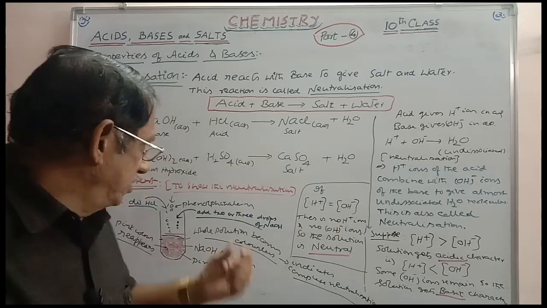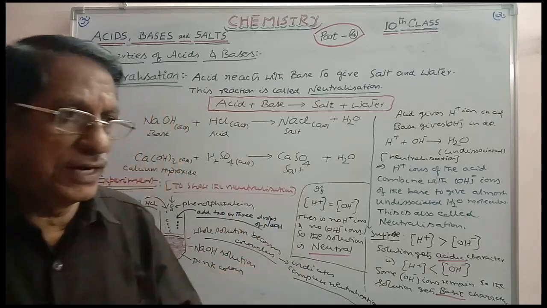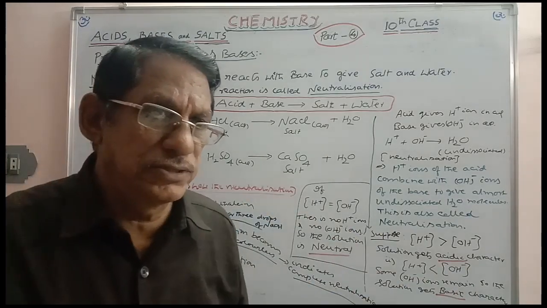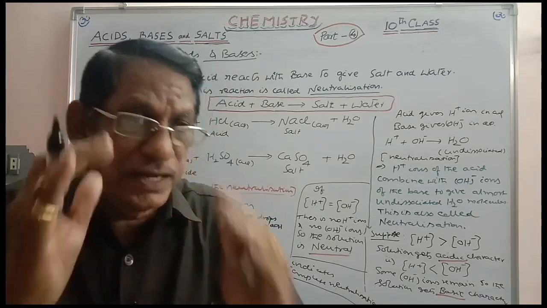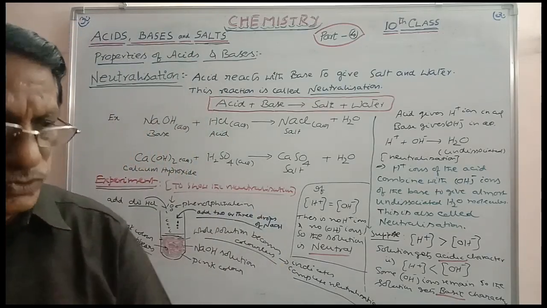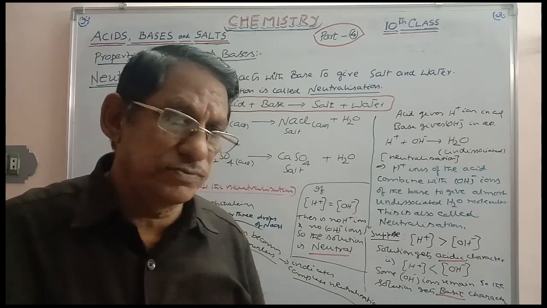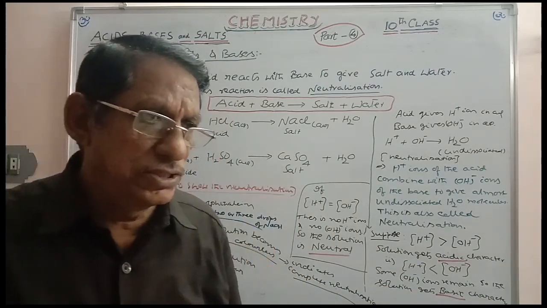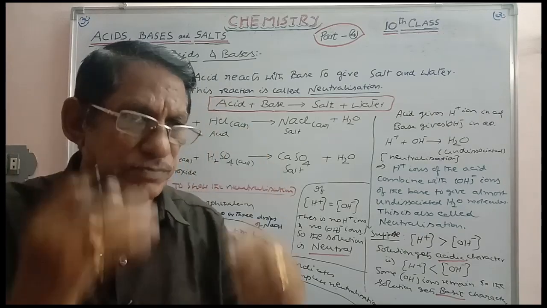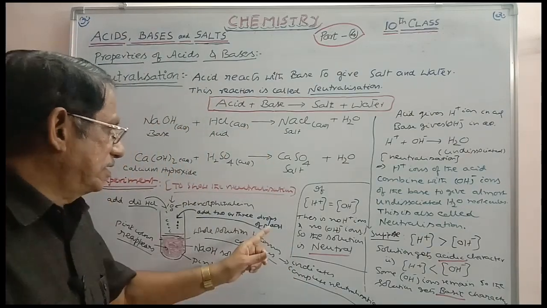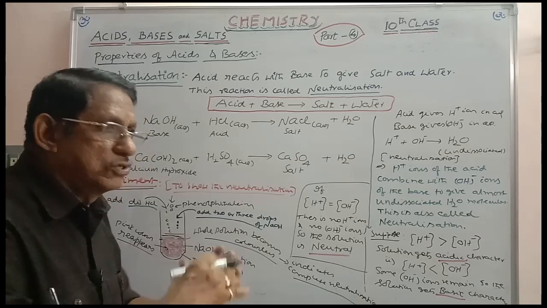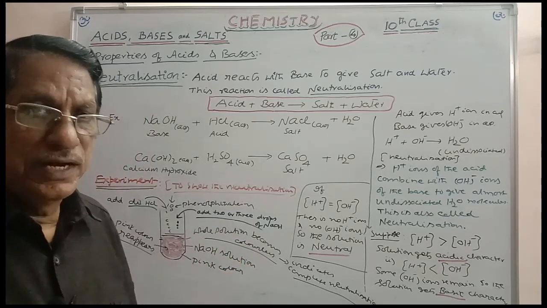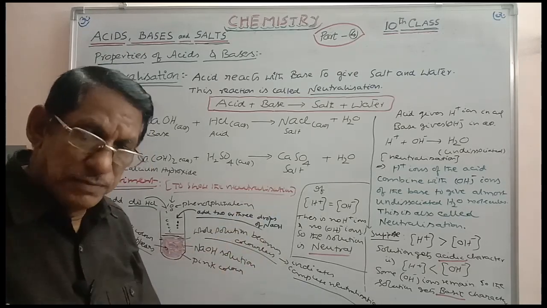Why? After the complete neutralization, you are adding 2 or 3 drops of excess NaOH. So, in solution, OH- ions remain. After the removal of complete H+ ions in the form of water molecules by NaOH, you are still adding 2 or 3 drops of NaOH. There is a slight excess of OH- ions. When there is a slight excess of OH- ions, the whole solution becomes basic. And in basic solution, phenolphthalein is pink in color.